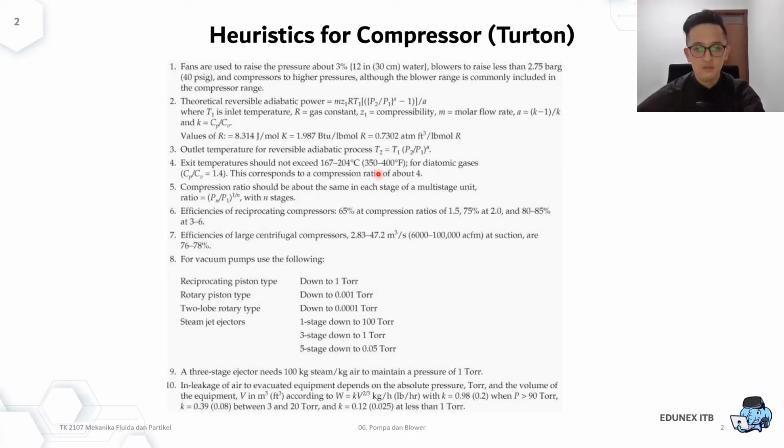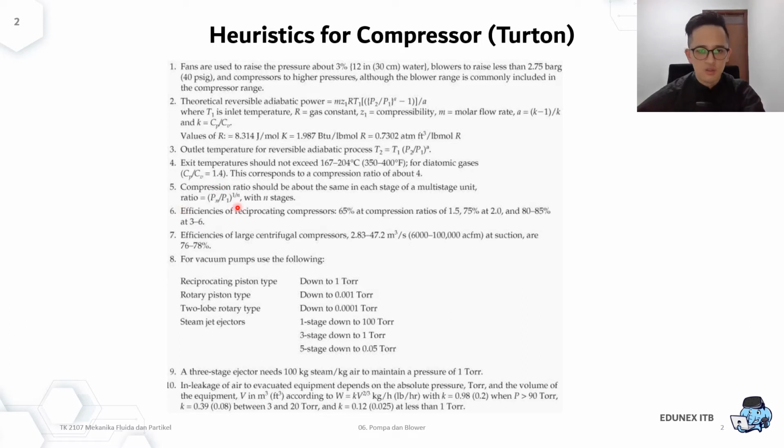This is interesting because usually, or even in some cases, we have applications where the pressure ratio has to be higher than 4. Let's say we want to compress from 1 bar to 16 bar. How to achieve that compression? It is actually unlikely to achieve that using one-stage compressor. Why? Because when the compression ratio becomes too high, the exit temperature will become too high, and the compressor work or the power will be inefficient.